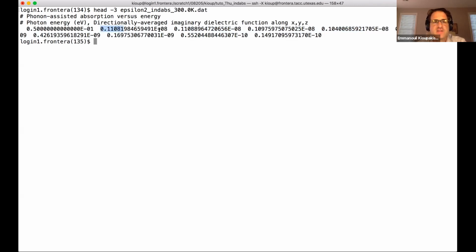And for each of these imaginary denominators, because we're doing silicon, we have already averaged along the X, Y, and Z directions. So we're assuming we have a cubic crystal for this exercise. If you have a different situation, we'll be happy to help you modify the code and adjust it to your situation. But if you look at the spectra,